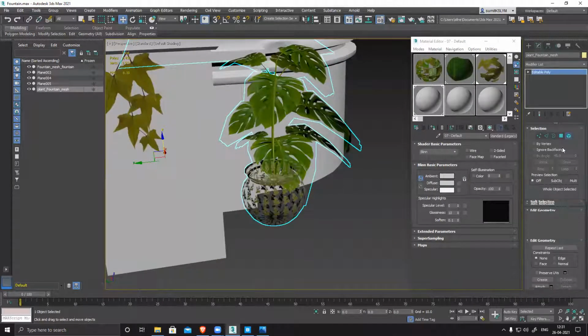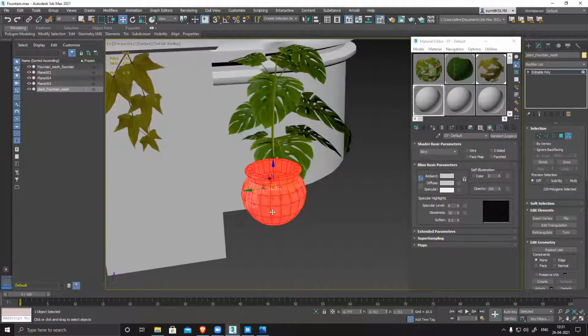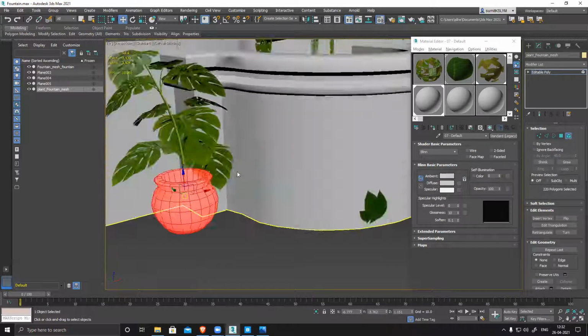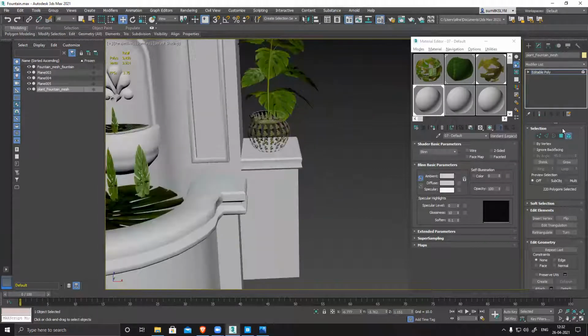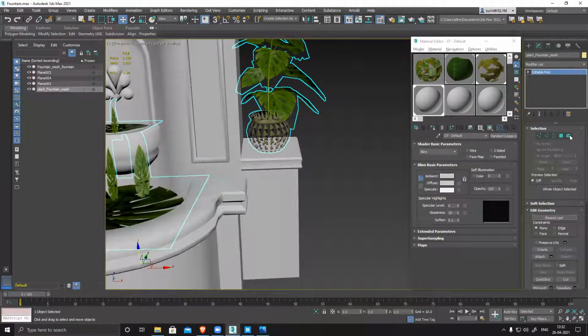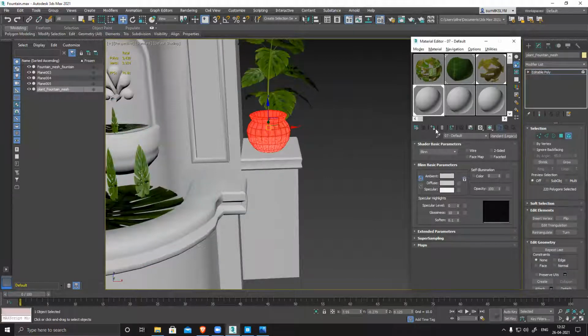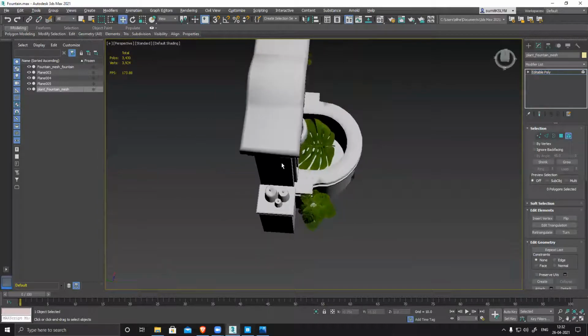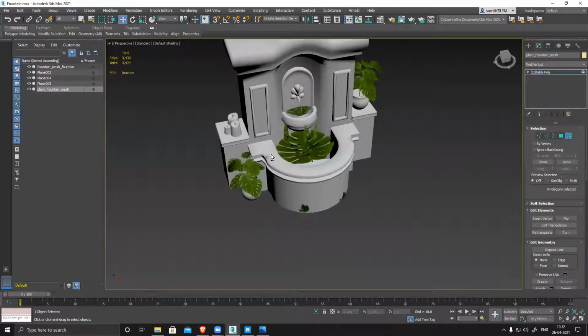So go and select in element mode and apply this. Clay pot, apply this. Now everything is clear.